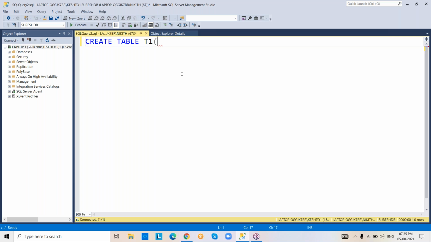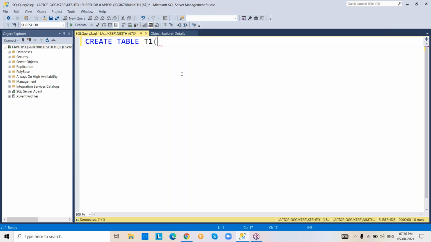Actually, now I'm showing simple scenarios because we are in the beginning only. If I go for other scenarios, you cannot work. That's why I'm going to show you simple scenarios. Now coming to the next case: create table.